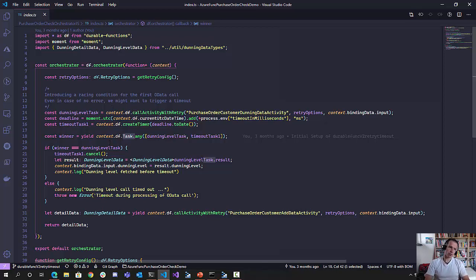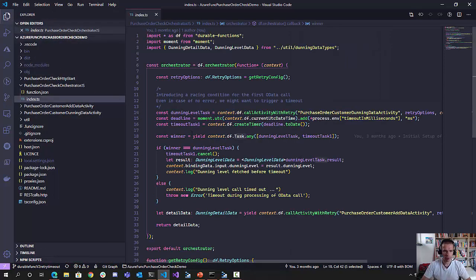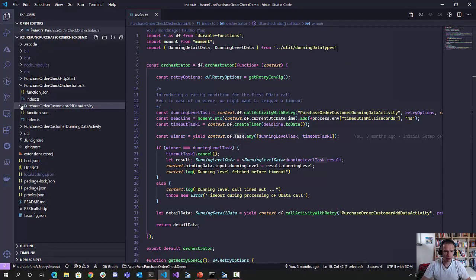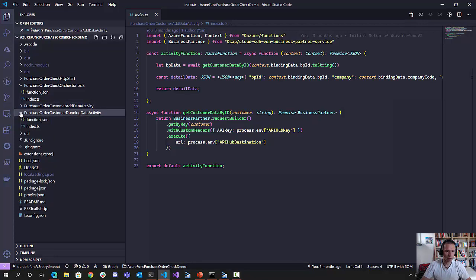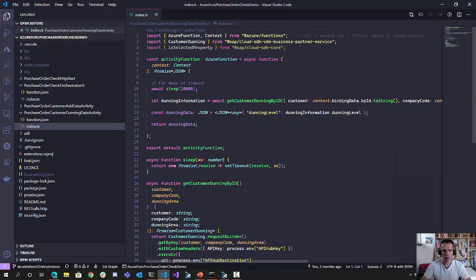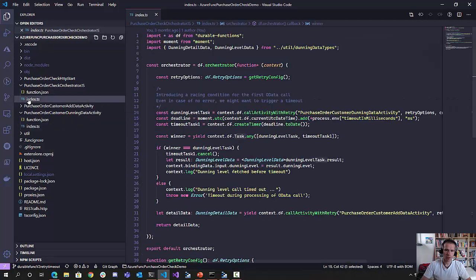So this is now kind of what we saw before within the retry logic, modeled in addition by us explicitly. So if the task does not return, we will kill it explicitly, or we'll run into an error explicitly, because we don't want to wait forever. What I did in order to make that happen is within the Dunning data function, it's this one, I introduced, well, kind of a sleeper,